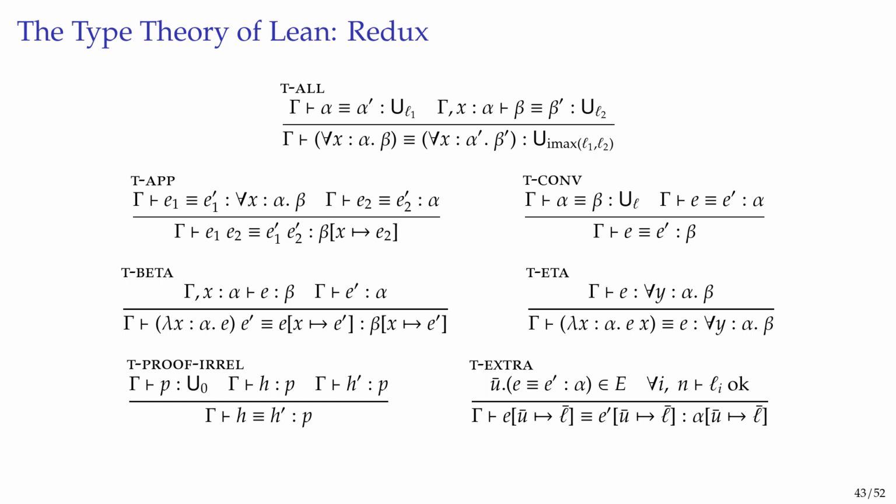Okay, so here we have definitional equality for all application, the conversion rule again, the beta rule, the eta rule, which we saw before, proof irrelevance is exactly the same, and then we have this extra. I'll get to the extra in a bit, but basically this is saying we add additional definitions. So you read this here as saying that we have something in the environment that tells us that two terms